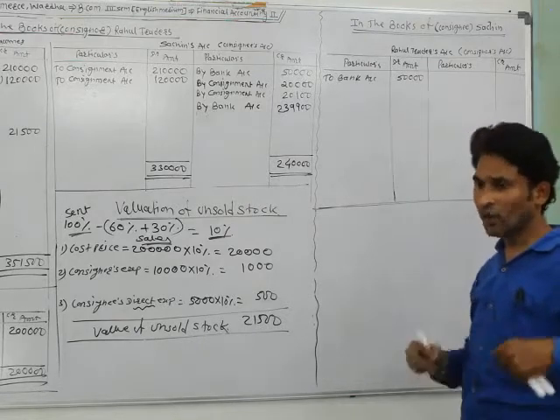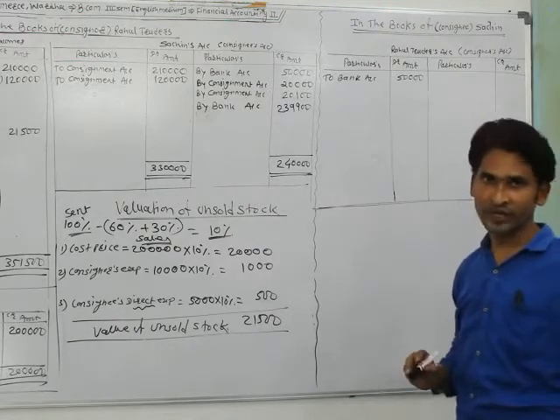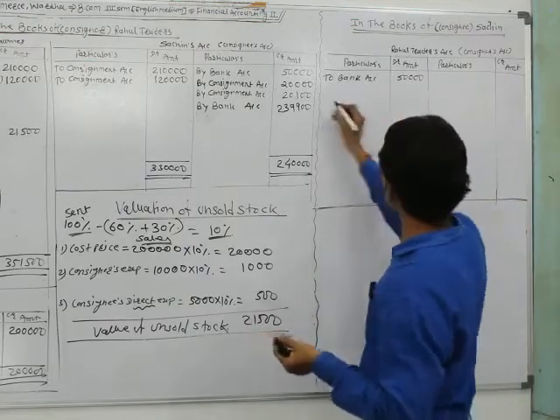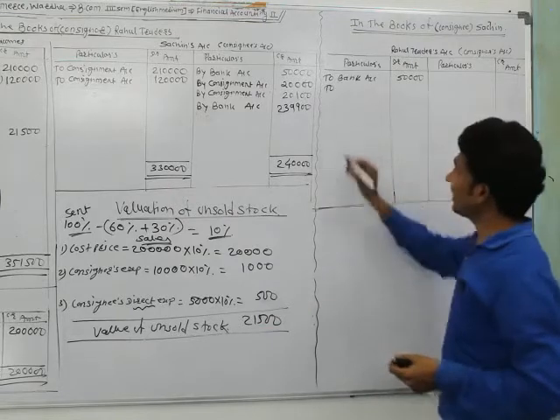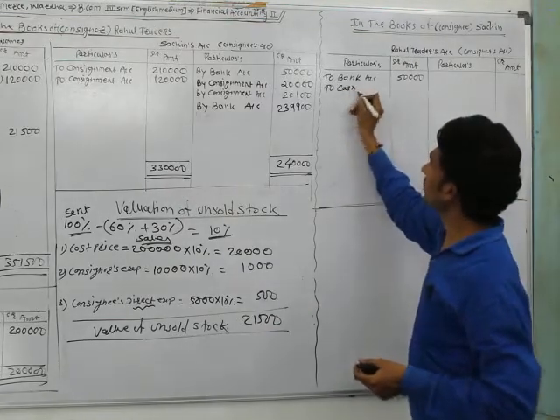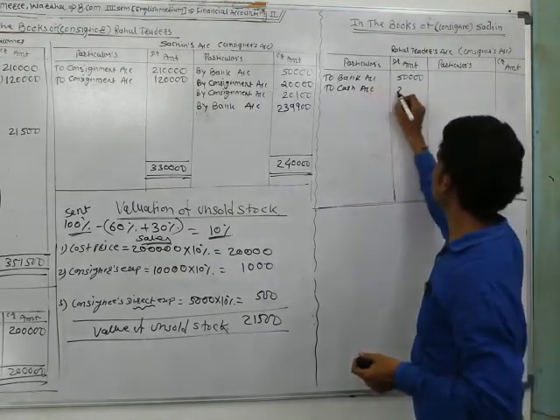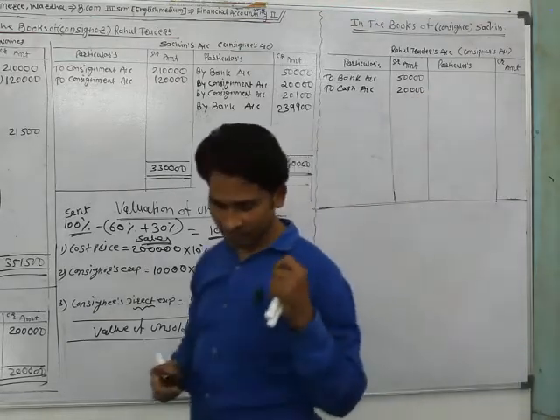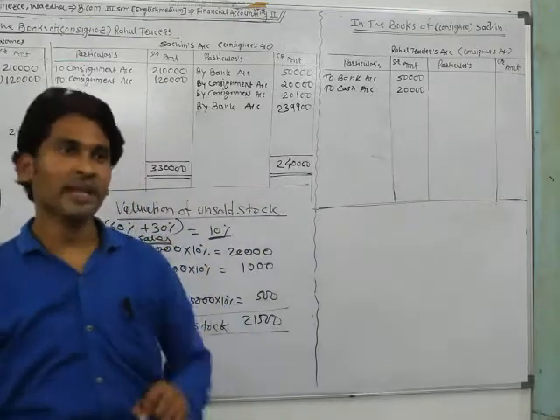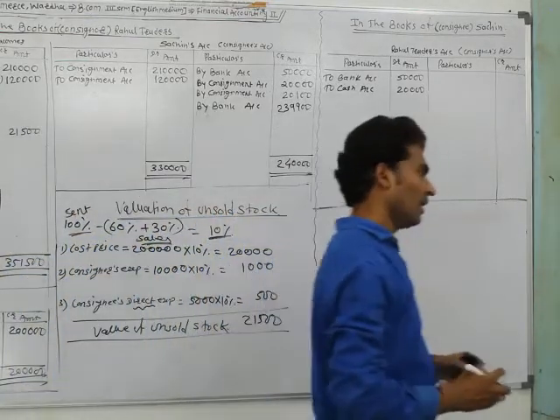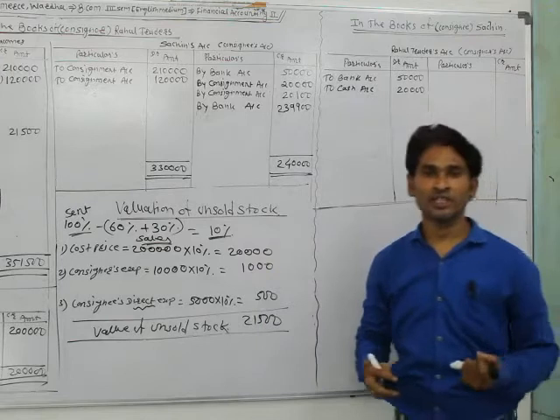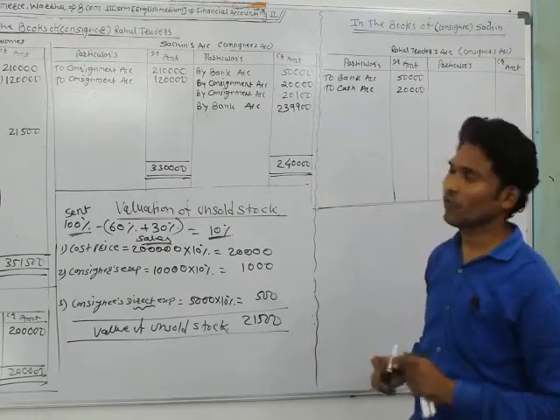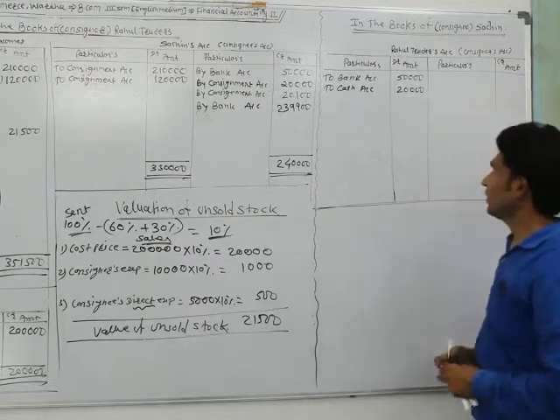These expenses are paid on behalf of Rahul Traders. So it debited the Rahul Traders account, and for this transaction cash goes out of its hand, so it credited the cash account. You can also credit the bank account when it pays expenses. Now the entry for that: Rahul Traders account debit and cash account credit.